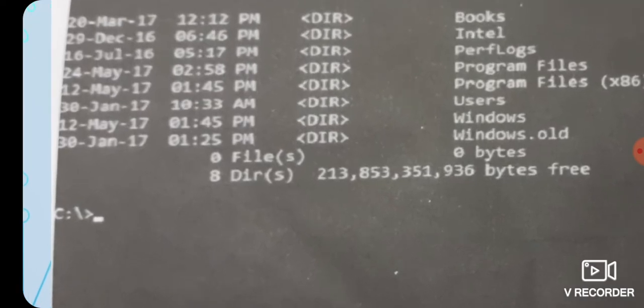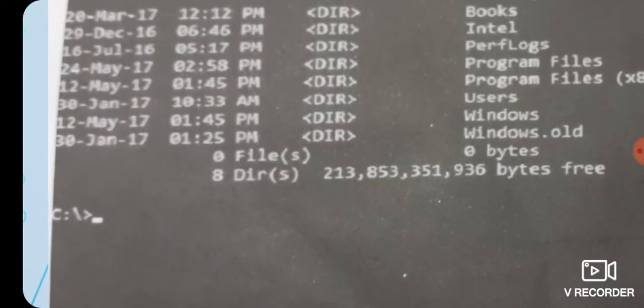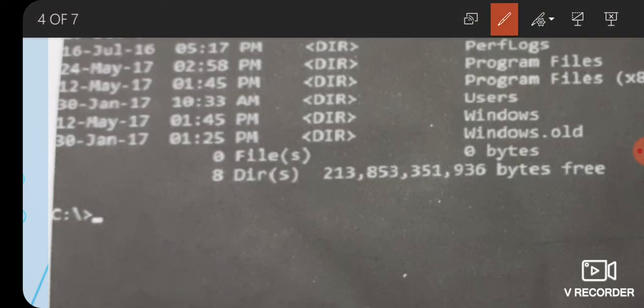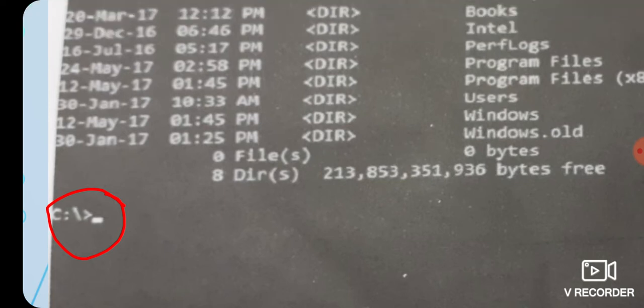Just like C, this is the C:/. This is the command prompt, where the user enters a command and presses enter.